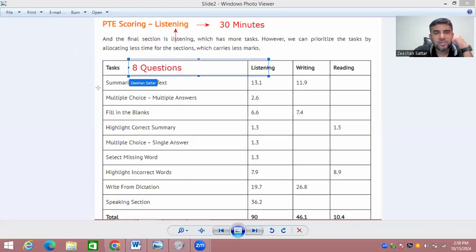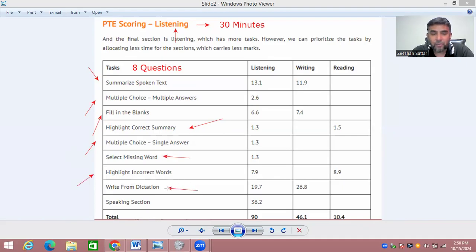So these 8 questions include number one, summarize the spoken text, multiple choice question with a single answer, fill in the blanks, highlight the incorrect summary, multiple choice question with a double answer, highlight the missing word, highlight the incorrect word, and then write from dictation. And this is the second highest marks question of your